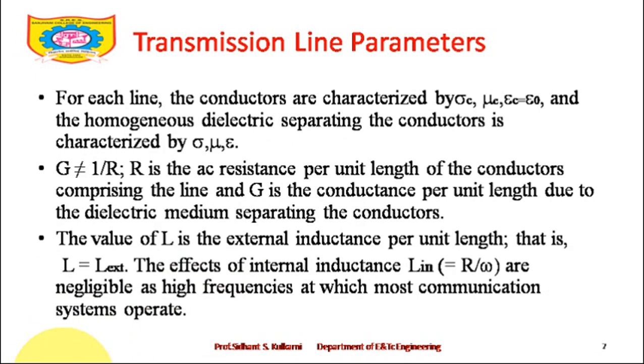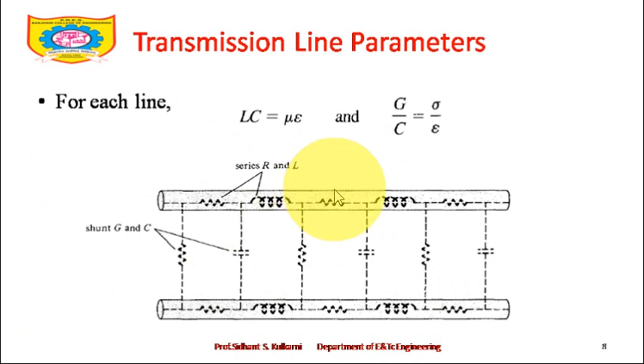First of all, I will take you to the diagram, and then we will come back. See, this is the structure of a transmission line. This is the first conductor, or conductor number 1. This is conductor number 2. If someone asks you what the resistance of this transmission line is, you will definitely ask, what is the length of the transmission line?